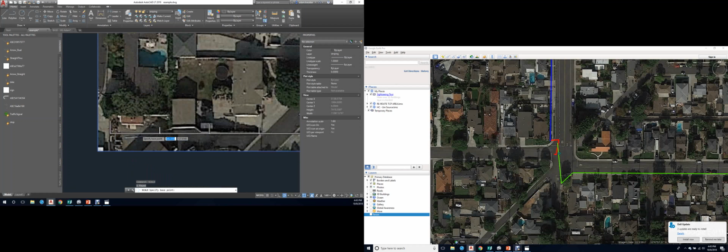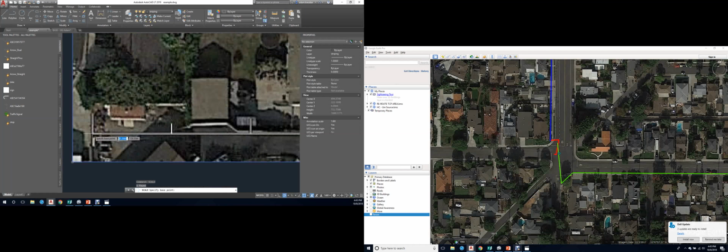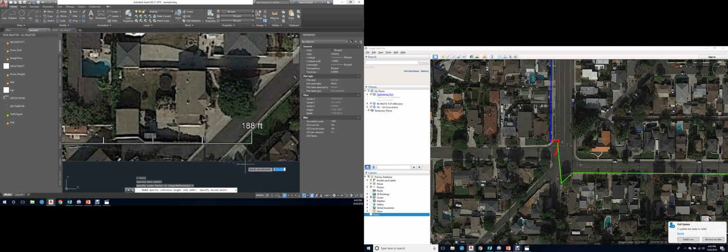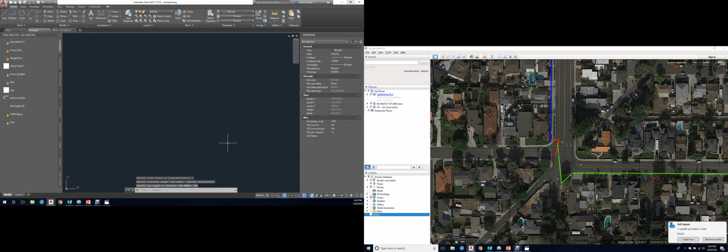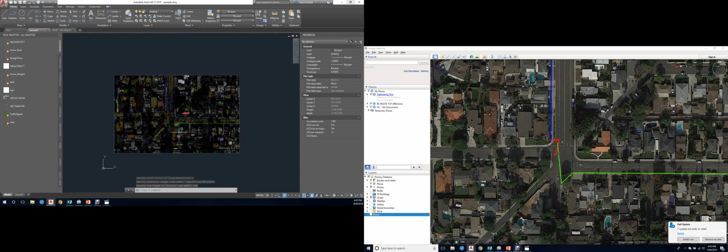Using the scale command, we want to scale the legend right here as a reference. So R, enter, put in your reference length, and then the length of your scale, 188, and now you have a to-scale screenshot of part of your work area